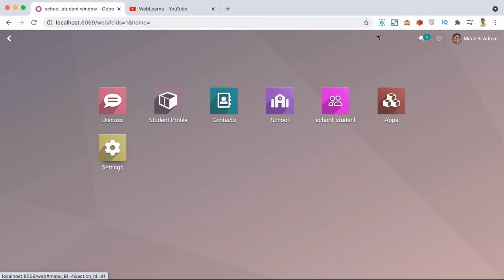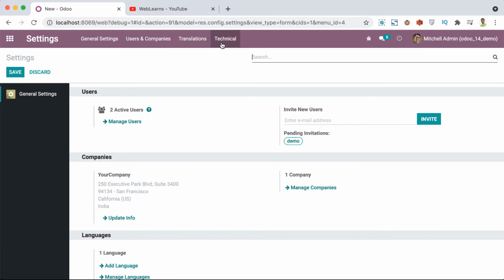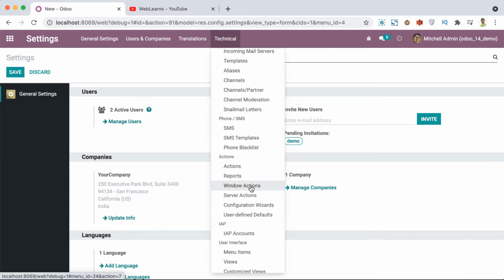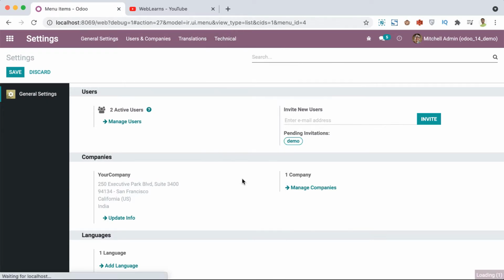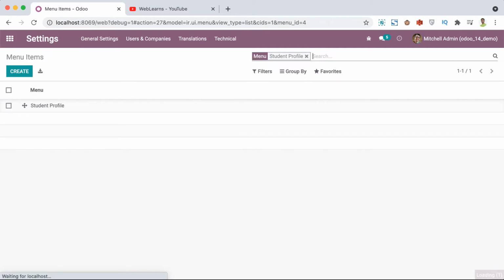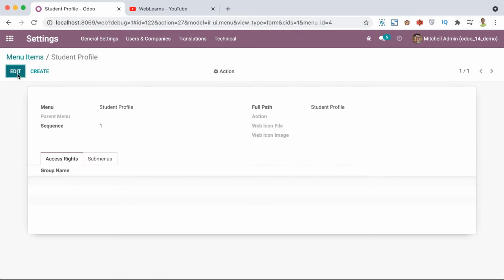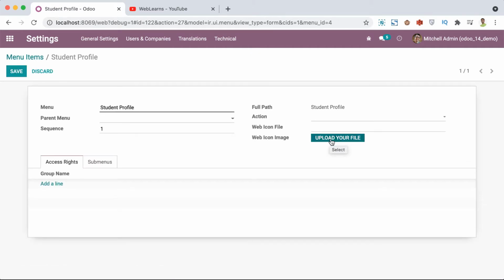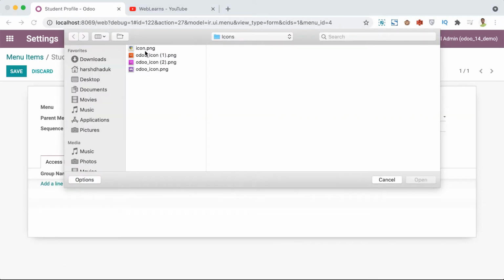Either we need to go to the front end side only, like here in settings, in menu we need to find that menu student profile, and simply click here. Now you can see we have 4 icons.